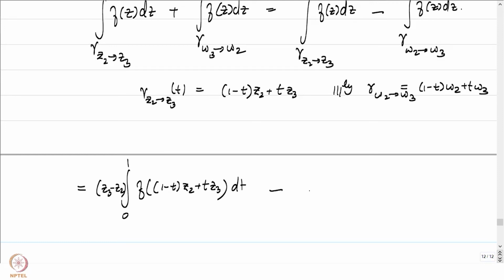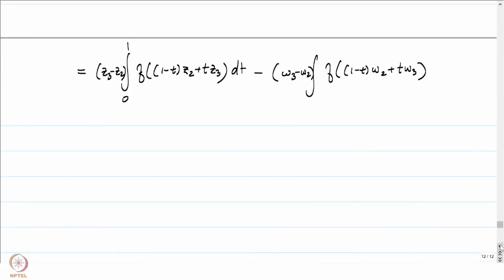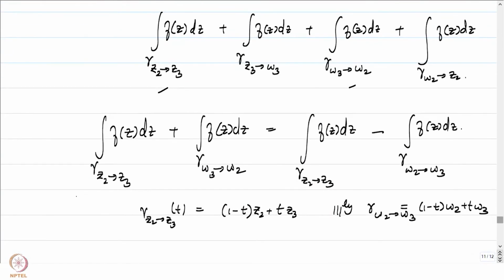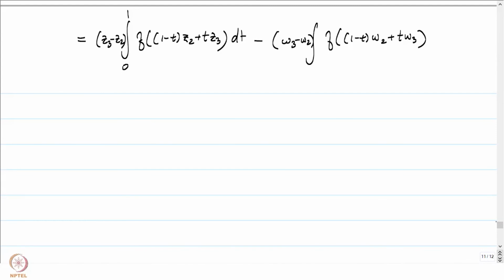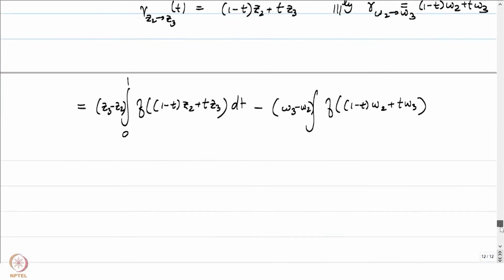Similarly, the second one is integral f of 1 minus t times w2 plus t times w3, and w3 minus w2. This is precisely the sum of these two integrals. This integral is what I have just written down. So, if you look at the absolute value here, okay, let me not confuse things. Let me just look at what the absolute value of